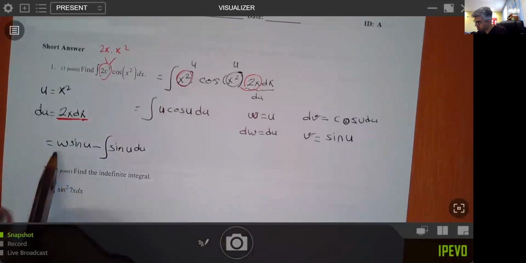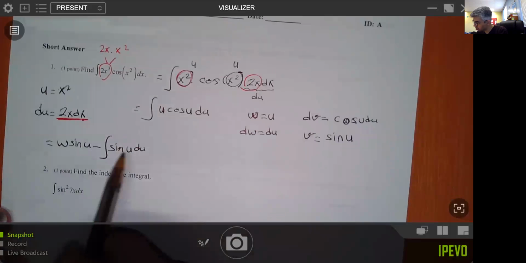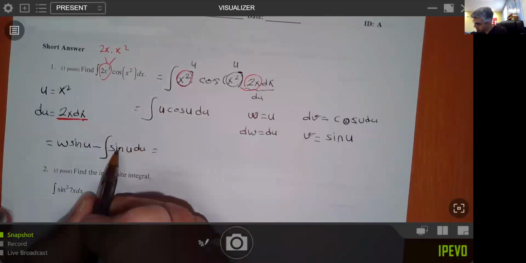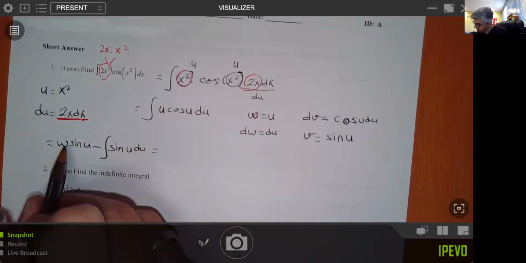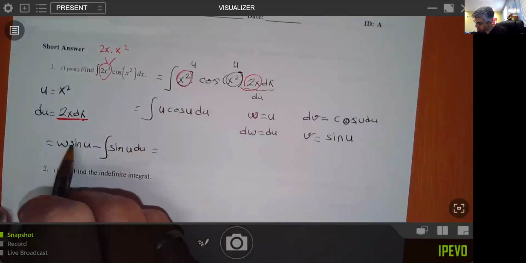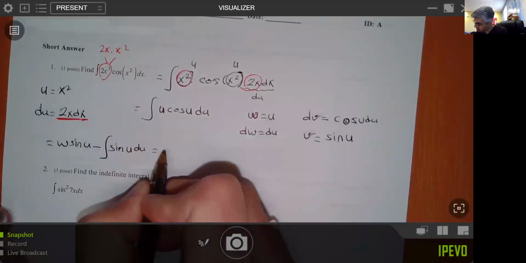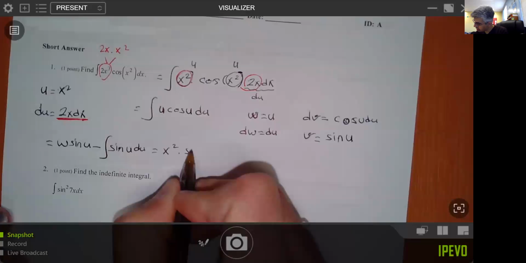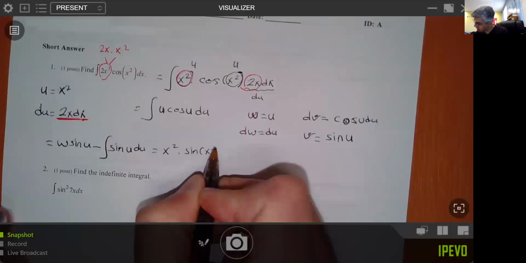I know what w is, it is u. And I have to calculate this second integral. By the way, I can write w sine u: w is u, u is x squared. So that is x squared sine x squared minus